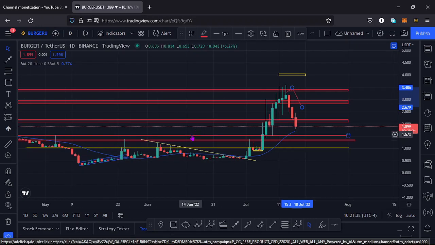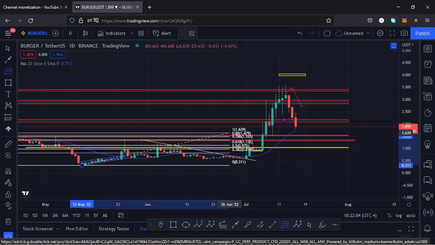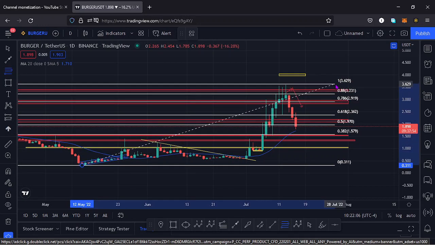Looking at this chart from the daily time frame, you can see that the price of Burger was trading within these lower prices at around the $0.7 mark. Then we had this massive pump to the upper side, and now that we have been rejected up here, I believe this is a retracement of this wave to the upper side. And if I apply the trend based Fibonacci from this low down here to that high,